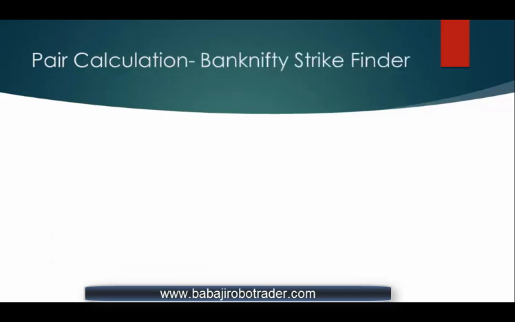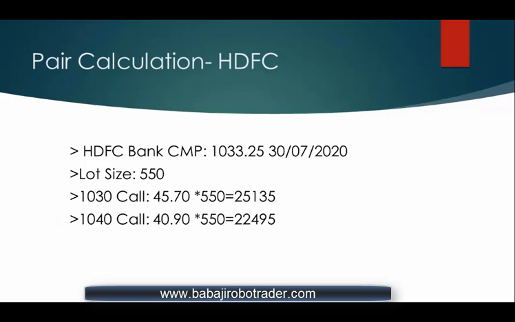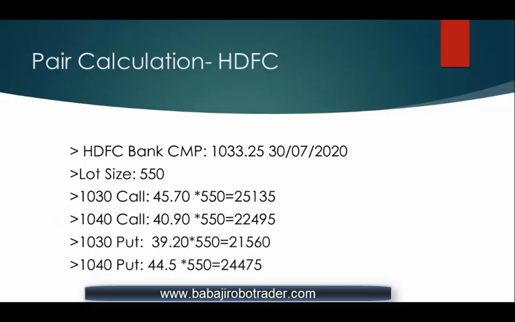So how can we find the strike? Basically we have to sell or buy the call or put options. Either we can buy an HDFC Bank option and sell a Bank Nifty put option, or we can sell the HDFC Bank option, or buy the HDFC call or put option. Everything is possible. In this video, I am giving the best possibility for how we can make good money out of these hedged pairs.